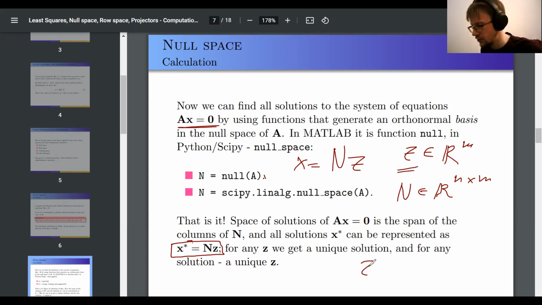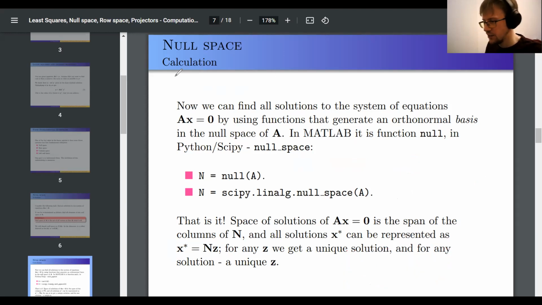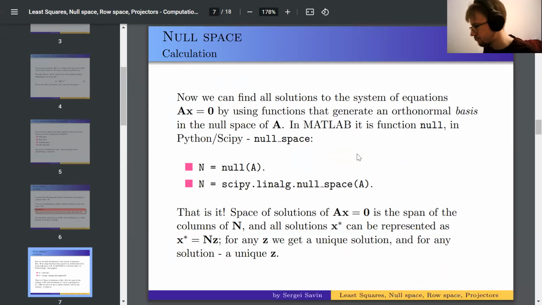How? Well, it's very easy. Since N is orthonormal, you just write N transposed x, and that is how you find a coordinate of the solution in the solution space, or the coordinate of x in the null space. Okay, great. That sounds interesting, useful. Now,